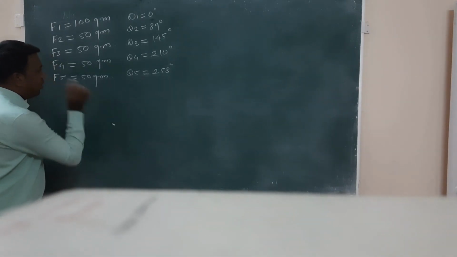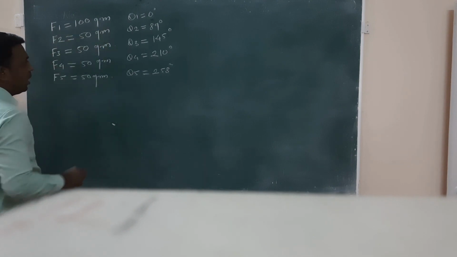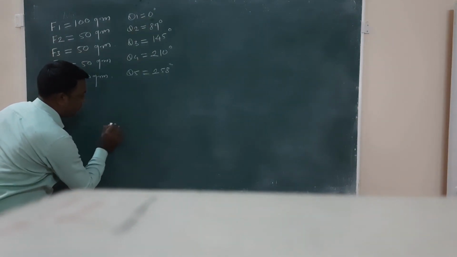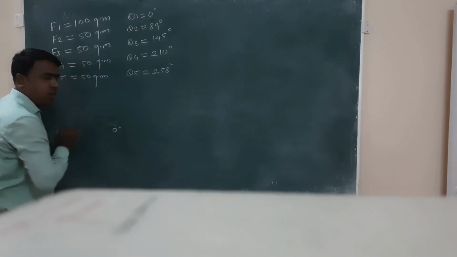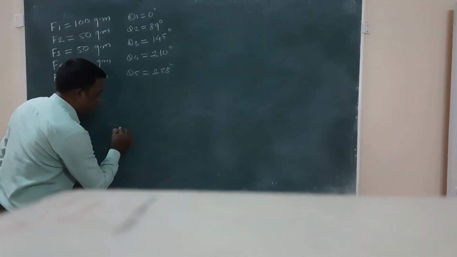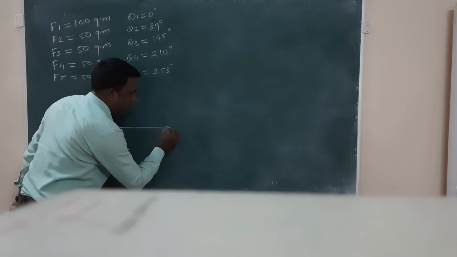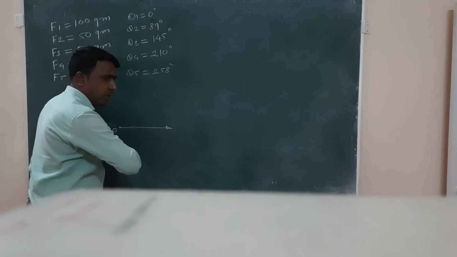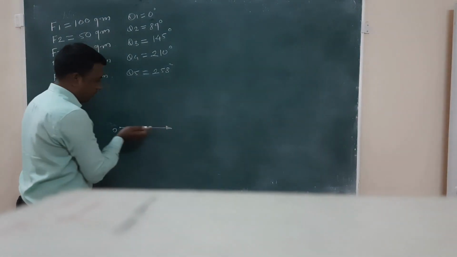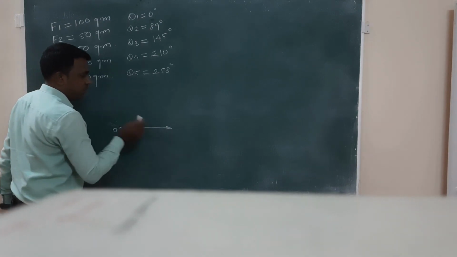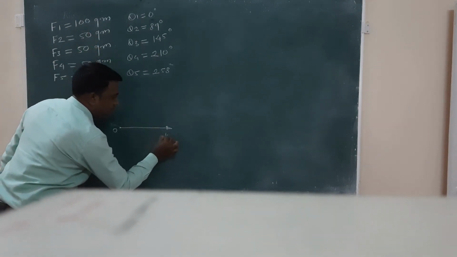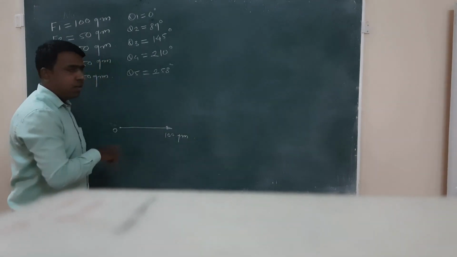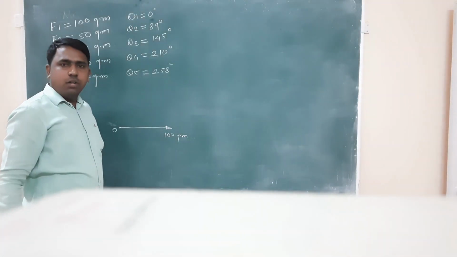So here the first force is 100 gram and it is acting at an angle of 0 degree. So show the first force. This is the point O on which the different forces are acting. The first force of 100 gram is acting at an angle of 0 degree. So draw the first force which can show the angle of 0 degree. From here we are measuring the angle of the forces, with magnitude 100 gram. So show the magnitude of the force 100 gram and the direction of this line is 0 degree.